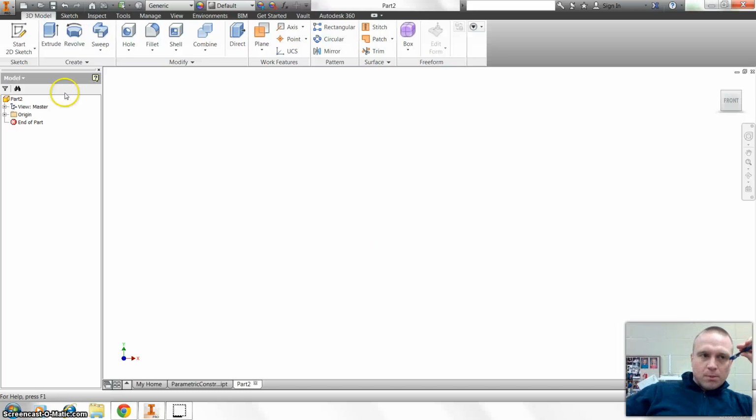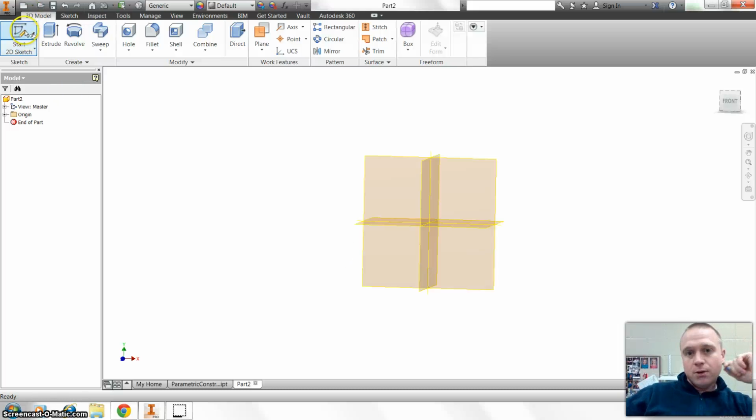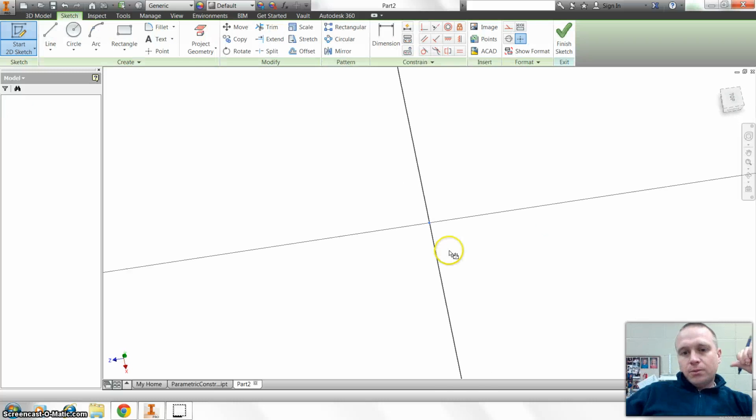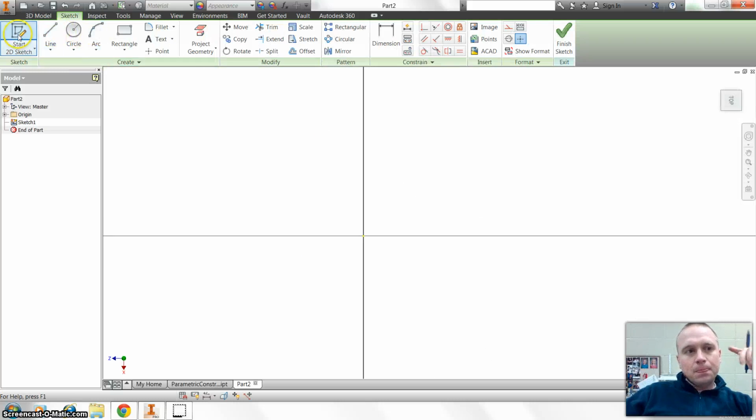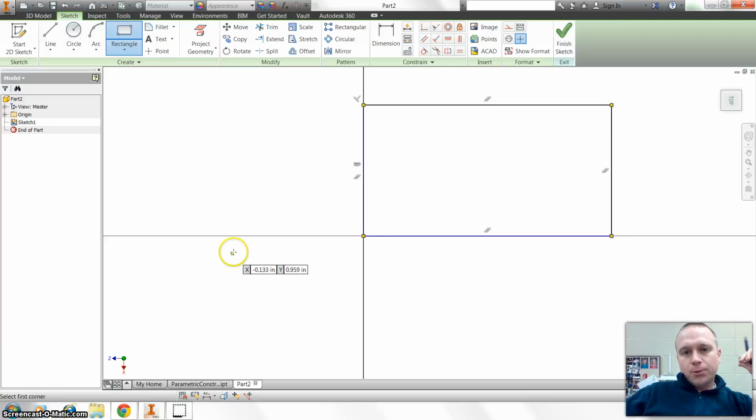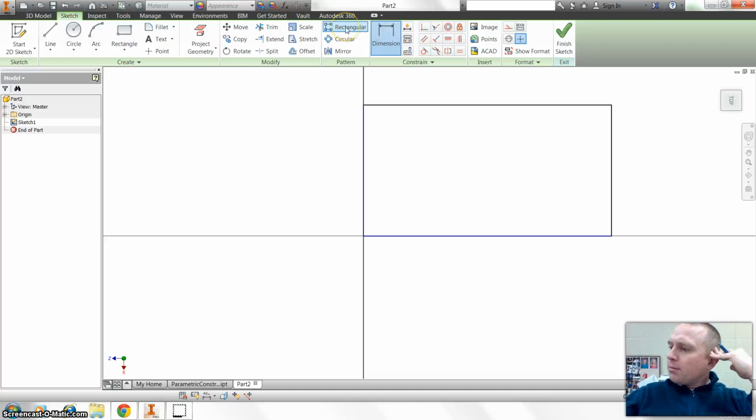I'm going to show you how to do some parametric equations inside of Inventor. So I'm going to start a new sketch. I'm going to draw a rectangular shape from the origin, and I'm going to go ahead and put in my first